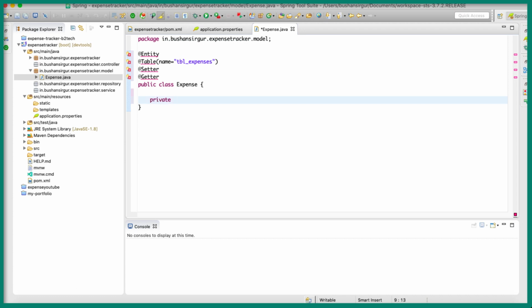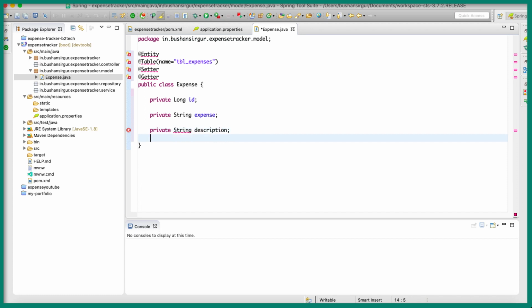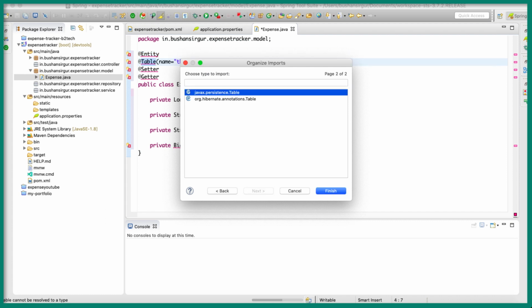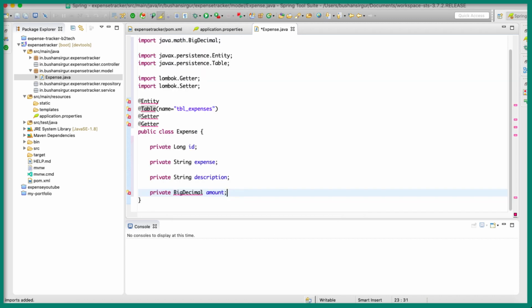The first field is private long id, and private String expense name, private String description, and private BigDecimal amount, the expense amount. Let's quickly import the items: the Entity, which is from the persistence package, and the Table, which is also from the persistence package.